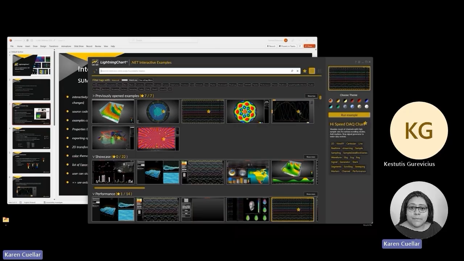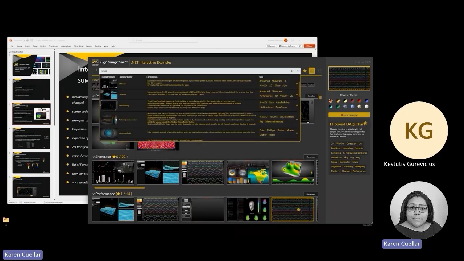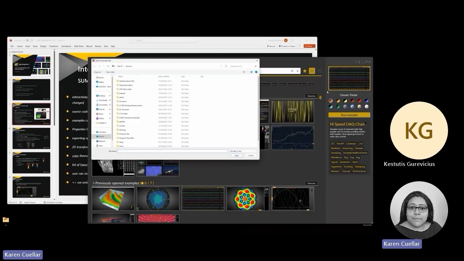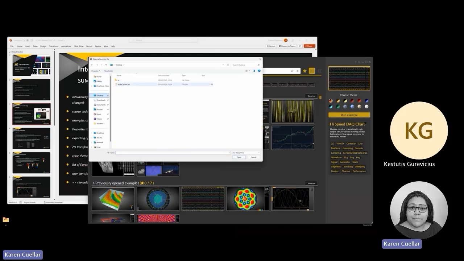For example, like new added examples, you can just search for them and you will find the most recent examples that have been lately added. And another good thing is that you can create your favorite lists. If you like an example, you just click add to favorites, create your own list, save it and use it or share it with everybody else. So I would be loading my current favorite list,